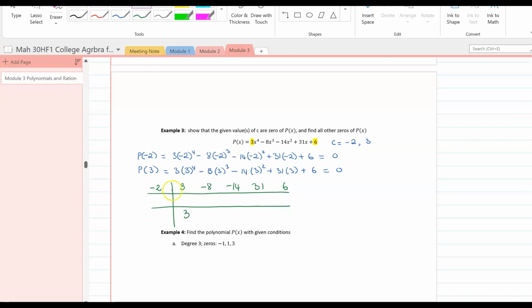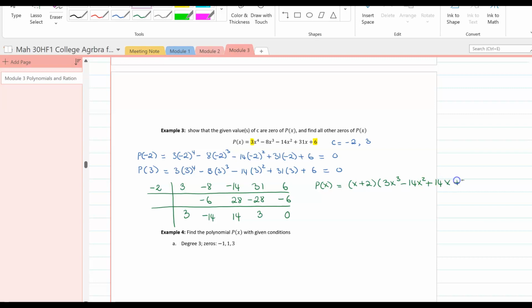Bring down the 3. 3 times -2 is -6. Add this to -8, we get -14. -14 times -2 is 28, add to -14, 14. 14 times -2 is negative 28, add to 31, 3. 3 times -2 is negative 6, add to 6, 0. So p of x is written as x plus 2 times 3x to the third minus 14x squared plus